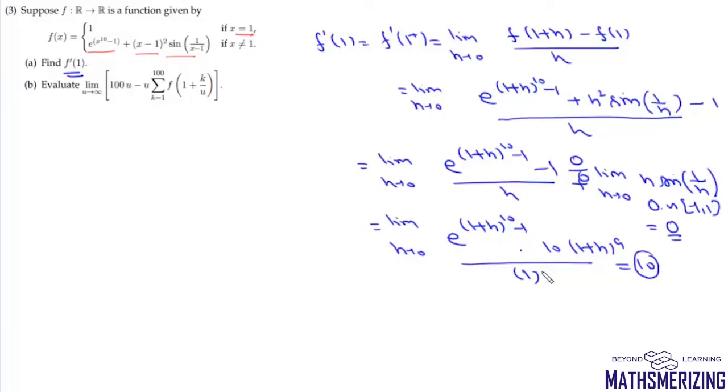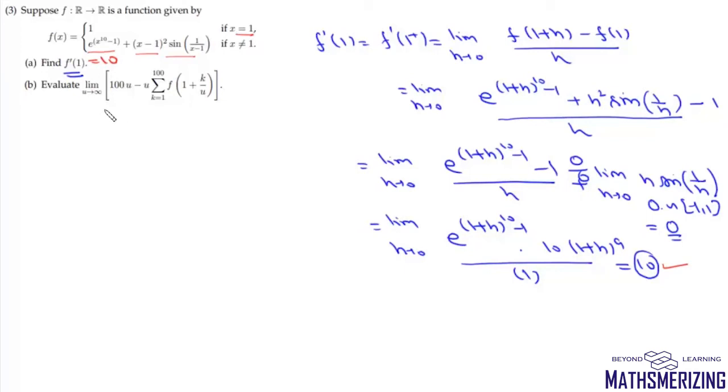Now in this problem, I should also work out its left hand derivative. So if I find f dash 1 negative, I'll take f(1 minus h) upon minus h. This part will again be 0. Here I'll have minus h and minus h, so minus and minus will cancel. So again I'll end up getting this value 10. So I won't solve this left hand derivative part. So the value of f dash 1 is 10.